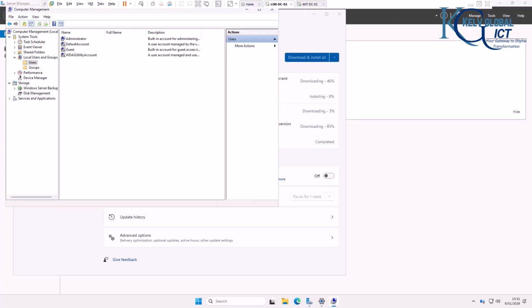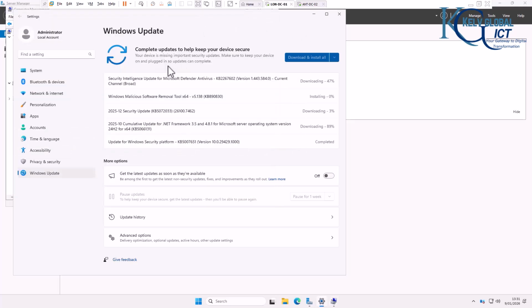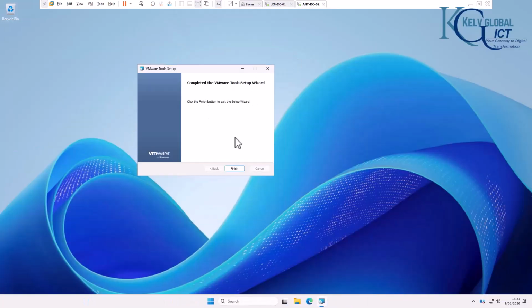So it's actually part of your role as an IT system administrator or IT professional to learn how to properly harden your Windows server. And when we start installing our client operating system, we are going to learn also how to harden our client operating system. You can see that the updates are still being downloaded. And please try and do this also for your second